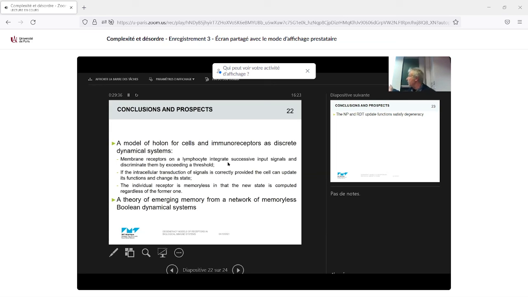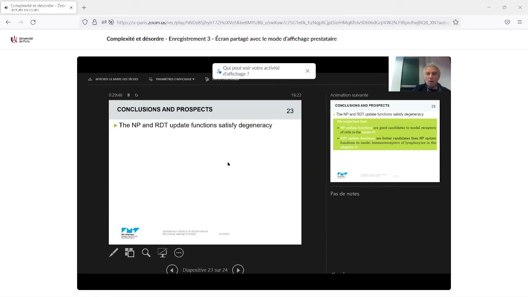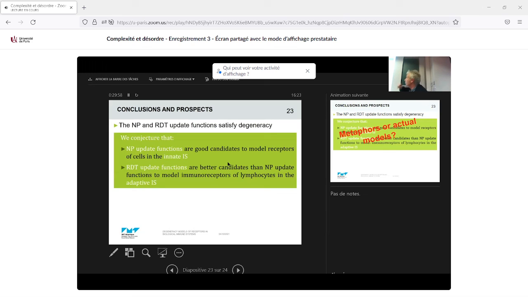We have also a theory to prove that memory can emerge from a network of memoryless Boolean dynamical systems. Okay. Well, we have also pinpointed two families of update functions that satisfy degeneracy. And we can even derive from this result that